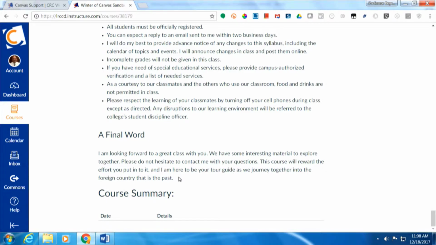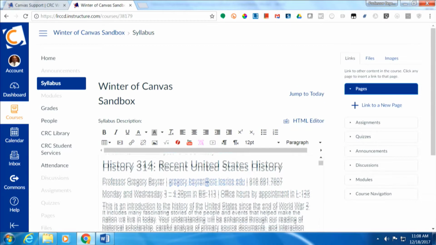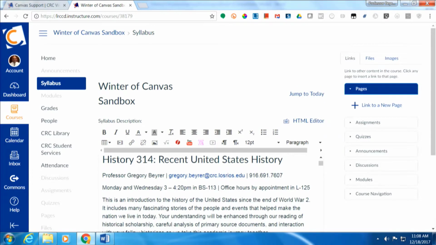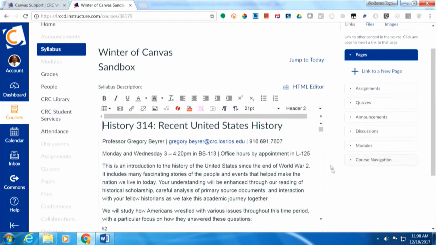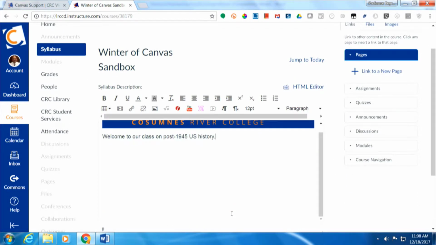In my class, I use Canvas tools a lot, whether it's face-to-face or online. And so I want my students to have easy access to that course summary table. And so therefore, this is how I do it a little bit differently. I'll go back up and I'll edit the syllabus. I'm going to get rid of all this text I just pasted. And instead of